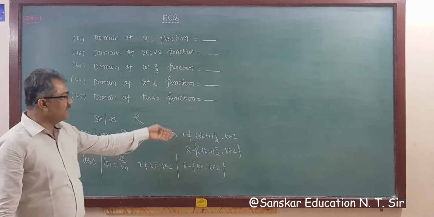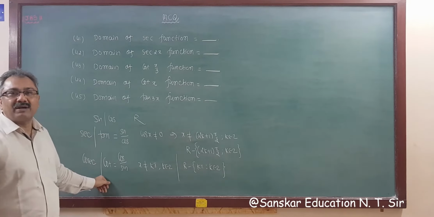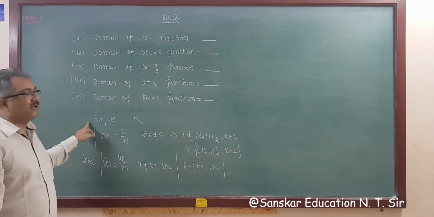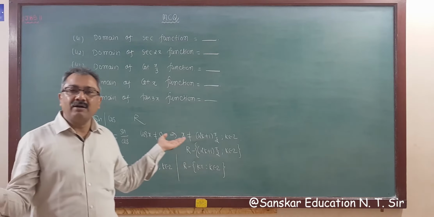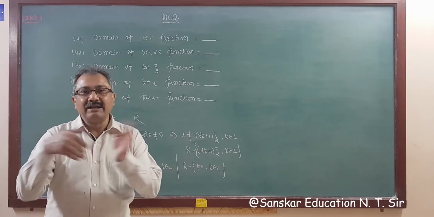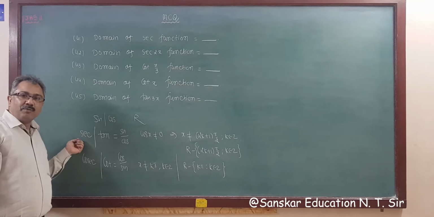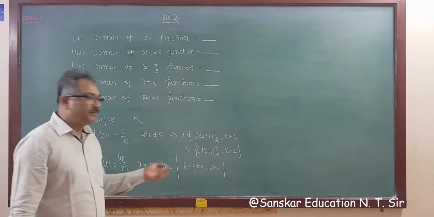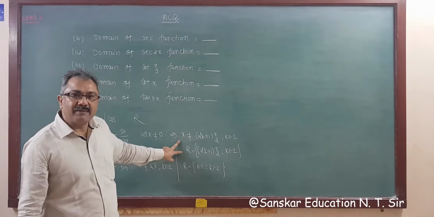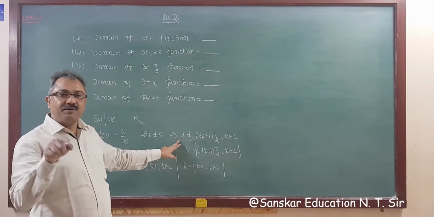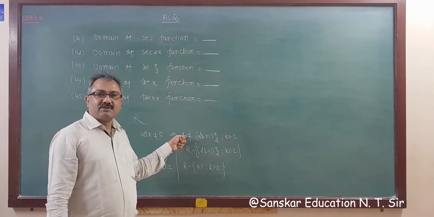So you have to remember only these two things. Denominator must not equal to 0, then all the standard trigonometric functions will be defined. In sine and cos there is nothing in denominator, so domain of them is R. They are defined for all real numbers, not positive only. Then tan and sec have the same domain, that is R minus (2k+1)π/2, k belongs to Z. Either this or x is not equal to this, both are same expressions. So never confuse if the answer is given in this type, then this is also the domain.